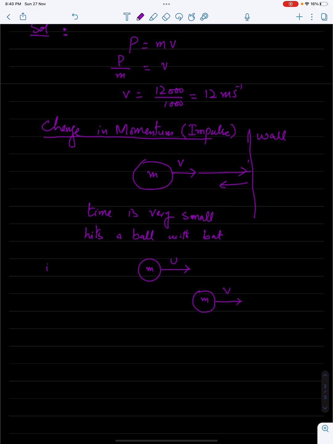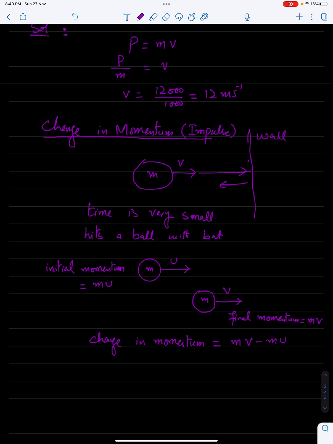So its initial momentum is mu, and its final momentum will be equal to mv. So change in momentum will be final momentum minus initial momentum, meaning mv minus mu, right? So this is the formula for impulse as well. Keep in mind that impulse is basically that change in momentum which occurs in a very short span of time,